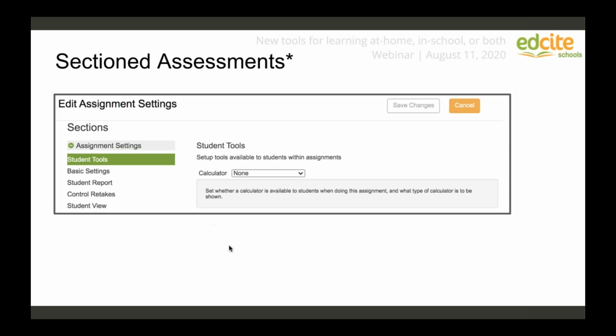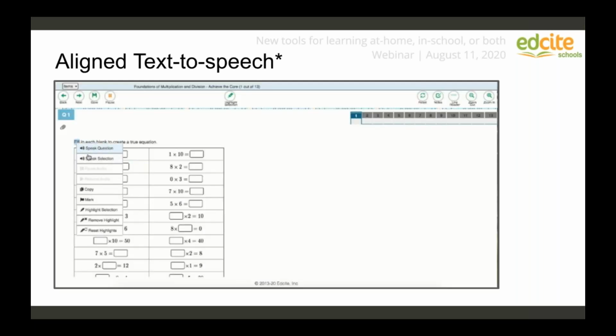So being able to build those into different sections within an assessment is an exciting update for that alignment. Another thing that is coming in the next couple weeks, part of our mid-August release, is aligning text to speech to better fit the range of assessments for state tests. So the importance of having your Edcite interface mirror that end of year state test experience is so important for